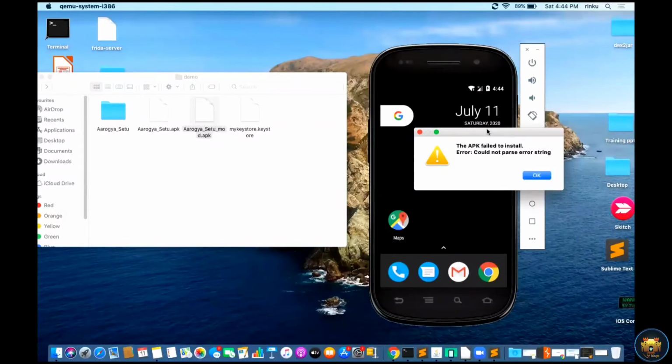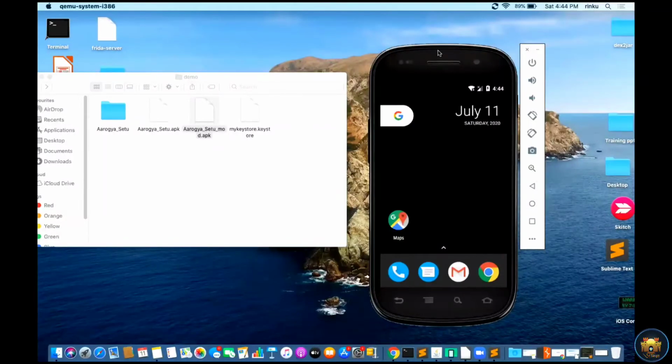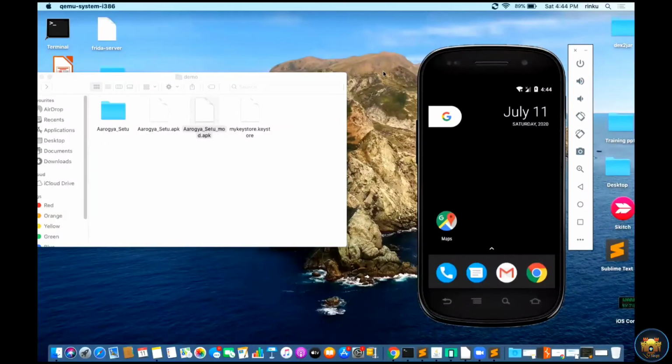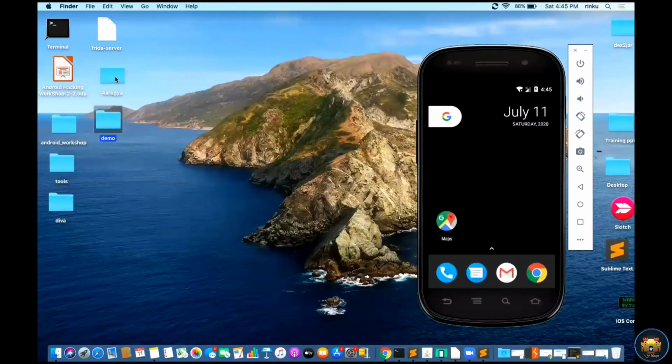I think some error is coming inside it. So don't worry. Actually, I have already generated another APK. The steps are the same, whichever I covered. So I use the modified APK here.